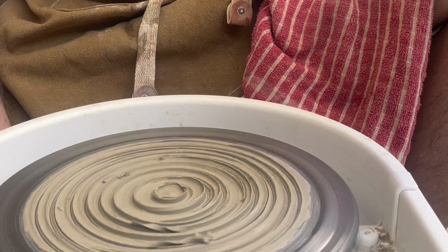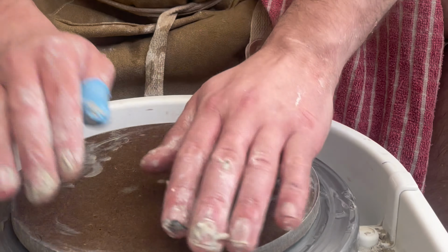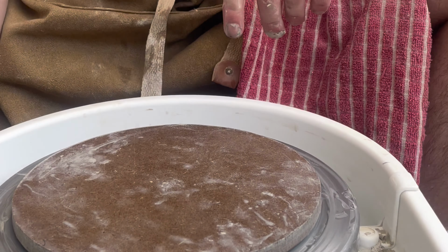Once I've found the centre of the bat, I'll begin to tap it to ensure it's in the middle of the wheel, and then apply some downward pressure to glue it all together. If you don't apply too much force or score the clay like I've just done, the bat tends to slip off. So just giving the bat a light clean with a sponge, and then I'll start to wedge my clay